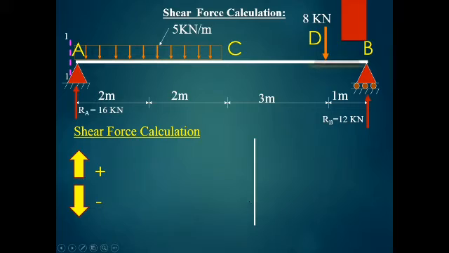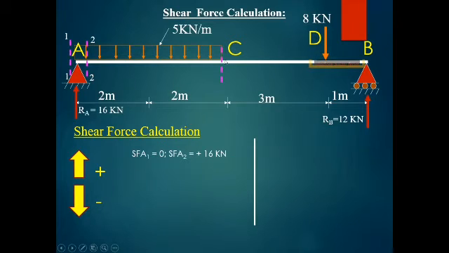So I have taken one section on the left hand side of A and one on the right hand side of A. If you calculate the value at A, you will find there is no load on the left hand side, so shear force at A1 will be equal to 0. And shear force at A2, how will you calculate? This value is 0, and between these two sections, the load is 16 kilonewton. With this sign convention, it is going up. So 0 plus 16, my answer is 16.